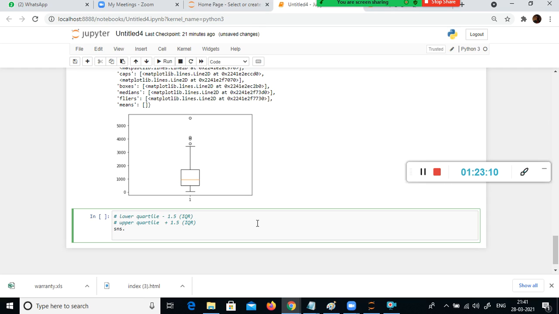You can remove it, but not always, because sometimes outliers can be valid data. What do you mean by valid data? Not all days are good for my business, but suddenly, fortunately today, a marriage party stormed into my restaurant, because of which today's sale is very good.